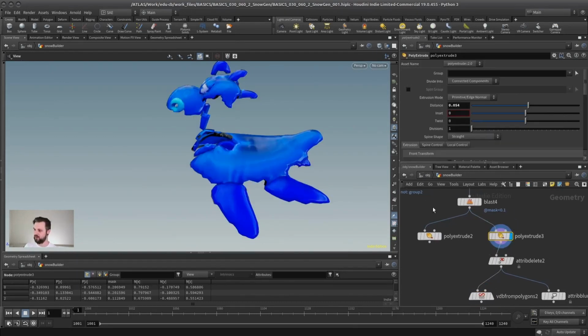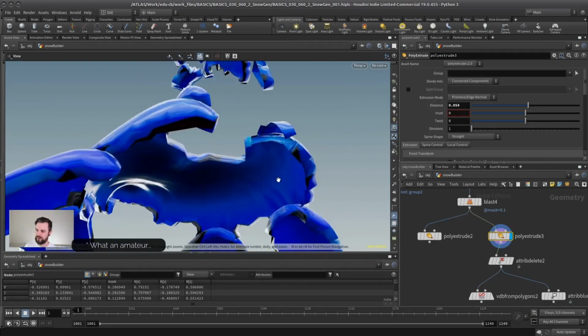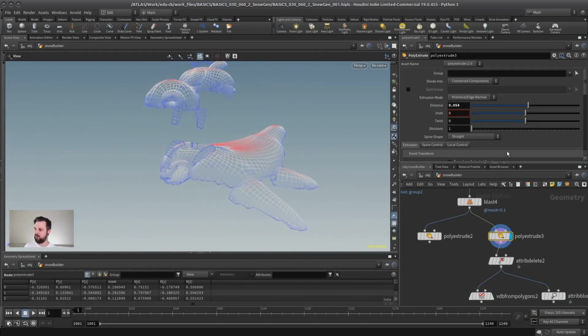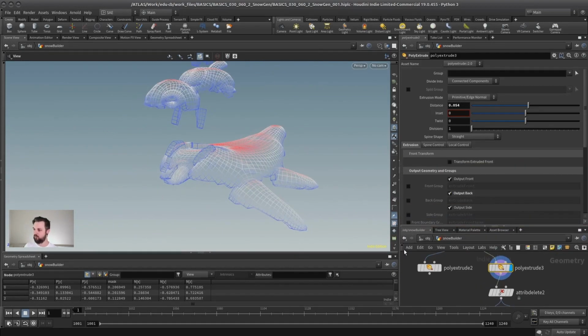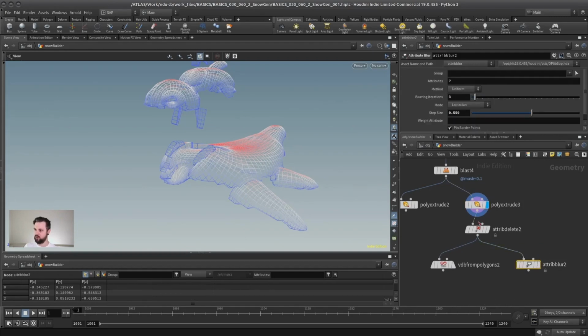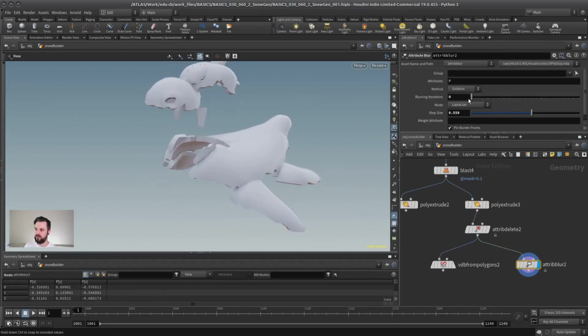I forgot the number one rule when working with a poly extrude. This doesn't seem like it, but it's still open in the back. So whenever you use the poly extrude, remember, output back, otherwise it doesn't work. So our attribute blur should have shown this as well. So this is our attribute blur, not too bad, but what you can see is we lose a little bit